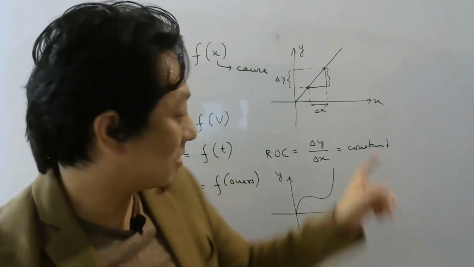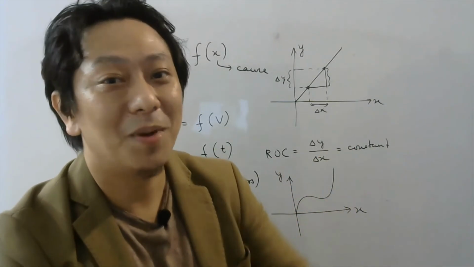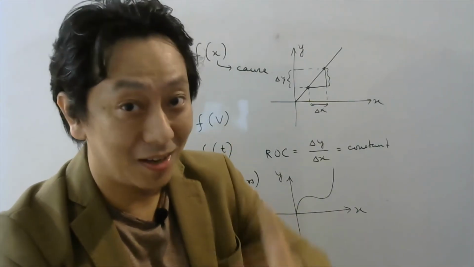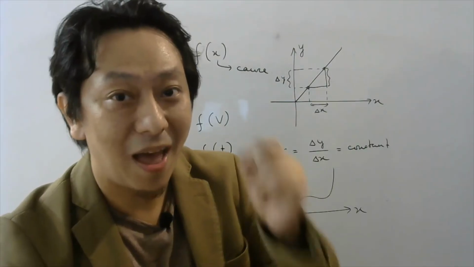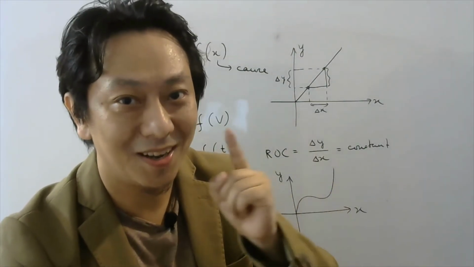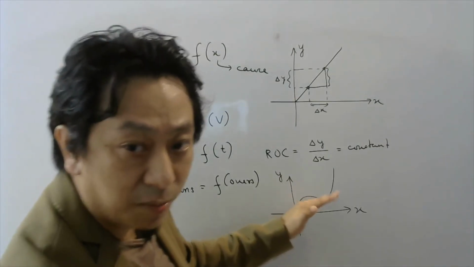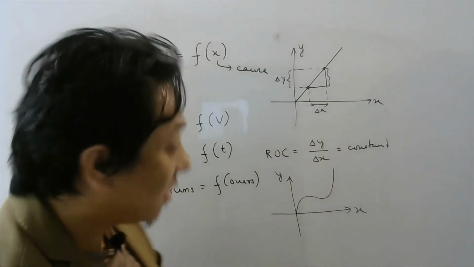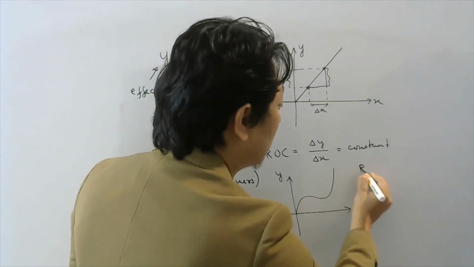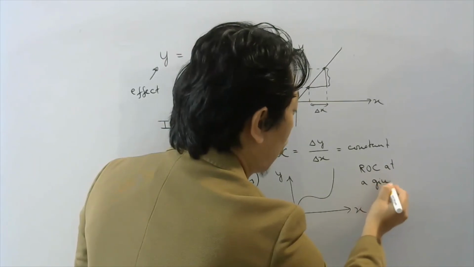If your name is constant, then it's okay. We can ask you what is your name. But if your name changes from day to day, then I have to ask you what is your name on that particular day, right? So similarly, if your rate changes from point to point, which happens if the graph is curved, then you need to ask what is the rate of change at a given point.